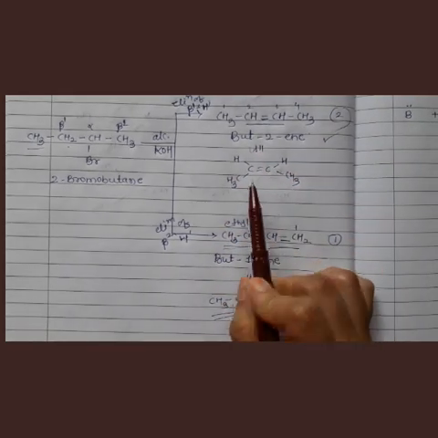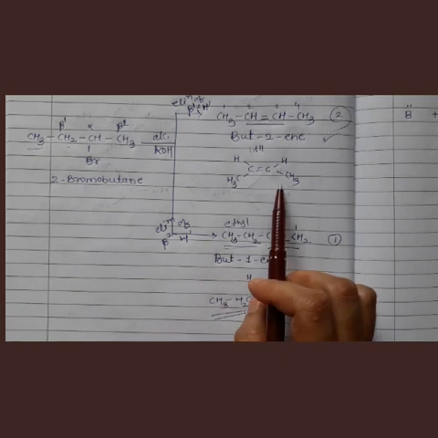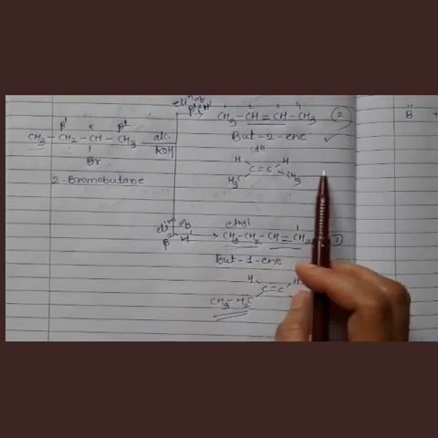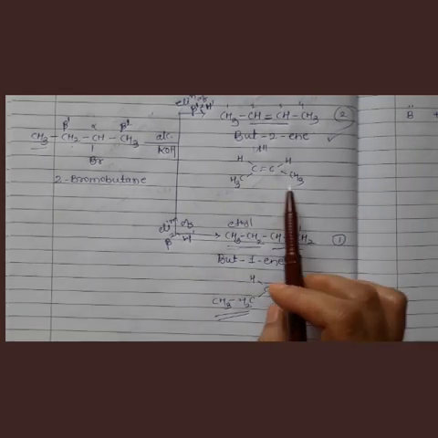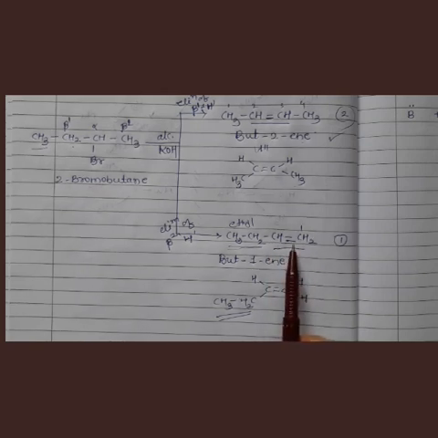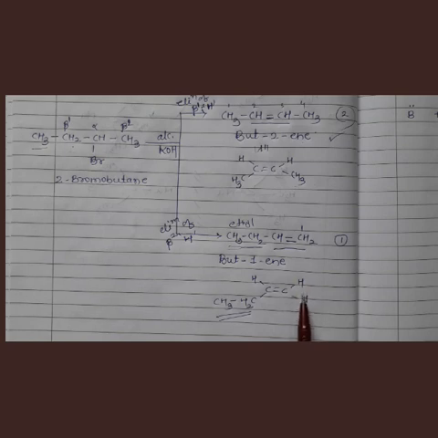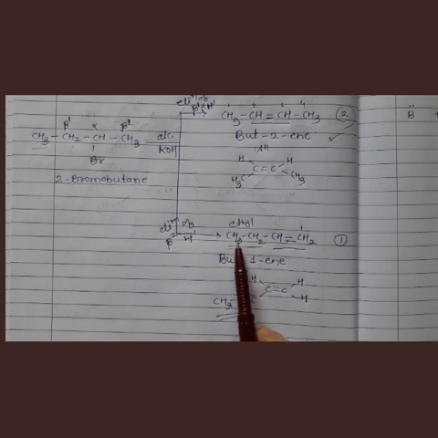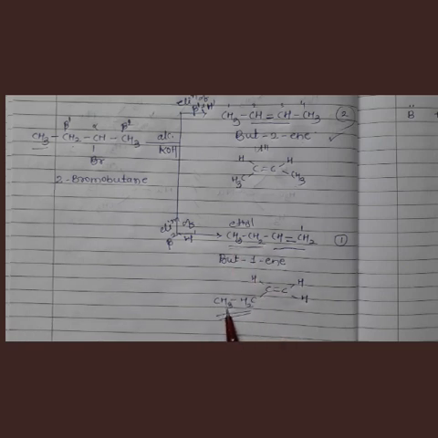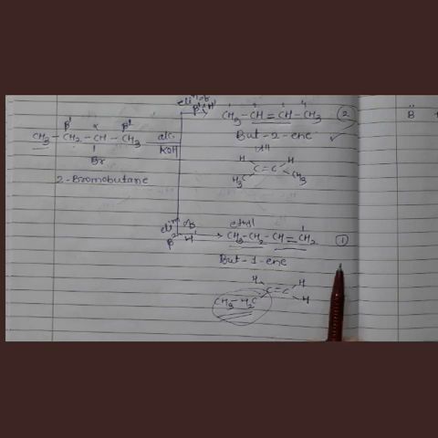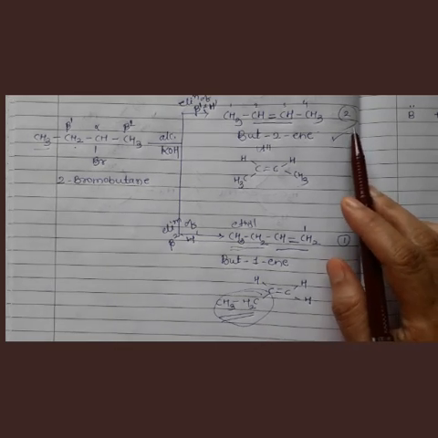Understand? So here how many alkyl groups are there? 2 alkyl groups are there, but the condition is that the alkyl groups should be attached to the carbon-carbon double bond only, and nowhere else, here only. So here 2 alkyl groups are there. And in this structure the doubly bonded carbon atoms are these two. On one carbon atom 2 hydrogens are there, on another carbon atom 1 hydrogen is there, which is shown here, and a CH2CH3 group is there, which is shown over here. Now on these two doubly bonded carbon atoms, only one alkyl group is there in this case, the remaining 3 are hydrogens. So here only one alkyl group is there, and in this case 2 alkyl groups are there.